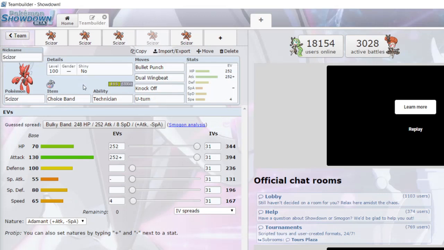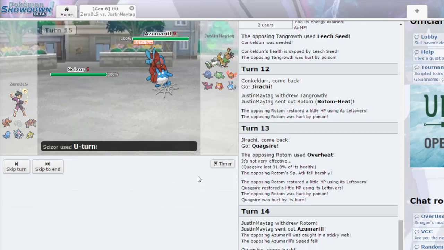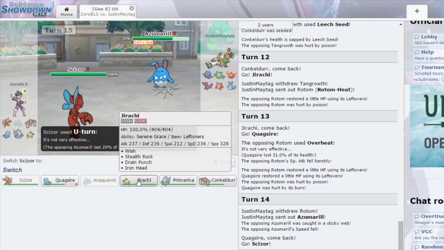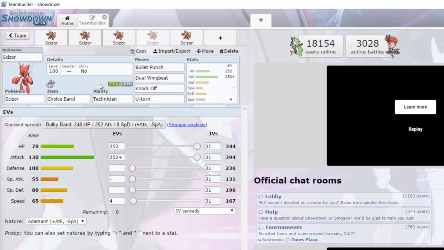I did run this. Well, first I'll go over the moves. I got Bullet Punch, Dual Wing Beat, Knockoff, and U-Turn. U-Turn's really nice because Scizor invites in a lot of his counters. If you bring Scizor in on something safely and then you suspect that a counter is coming in, it's really easy to just click that U-Turn button, get massive damage, and then you can switch into one of your other Pokemon. So say a Fire type decides to switch in, you do U-Turn, it's resisted, but you still get residual chip, and then you can go to your Water type or your Ground type or whatever it happens to be,